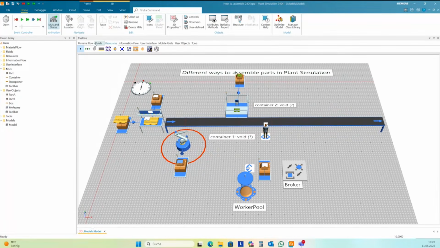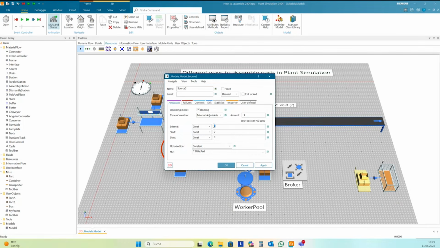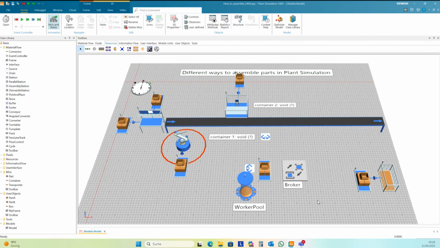There's no event anymore in the event list, and so Plant Simulation stops the simulation automatically. I create a little bypass to have events at each time. It's enough to have a source and a train, and then I connect this and set a very long interval here. And then the event list is never empty.